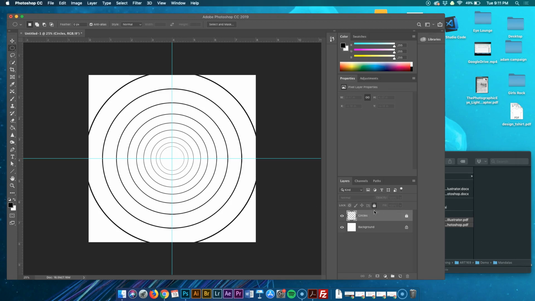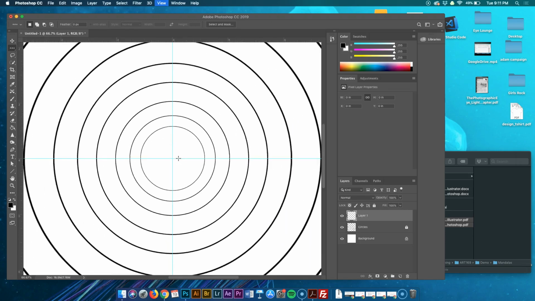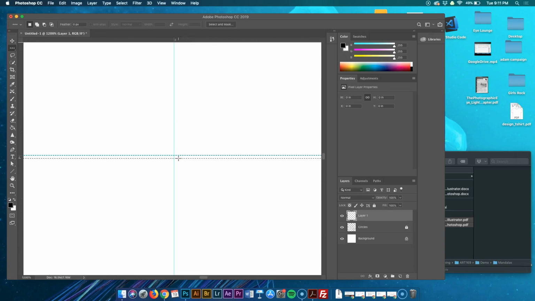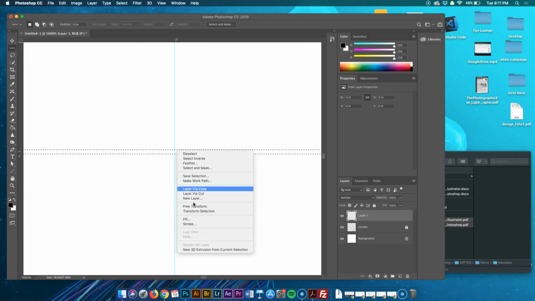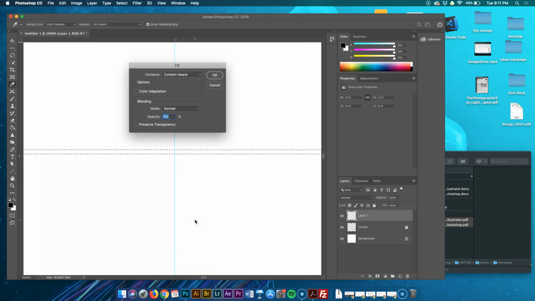So what we're going to do, and I'm just going to lock this circles layer for now. Alright, so we're going to make a new layer. And if you go under your marquee tools, we're going to find the single row marquee tool. And we're going to take the horizontal one and we may have to zoom in, I'm doing a Command plus. So we're going to have a 2-pixel line. So you see where it's kind of marching. You're going to right click, fill with black. We're just going to fill foreground color,